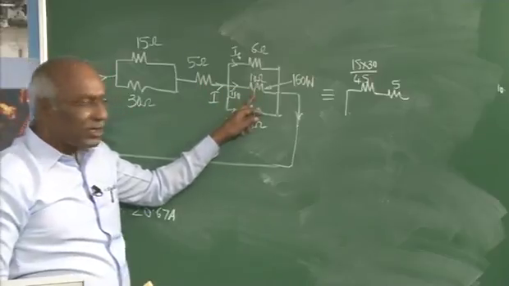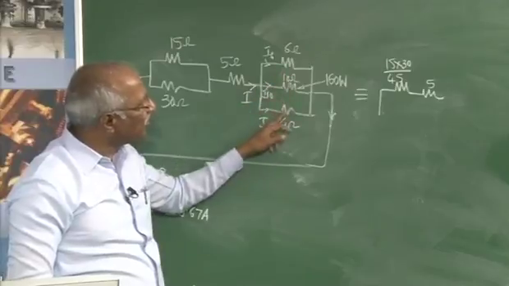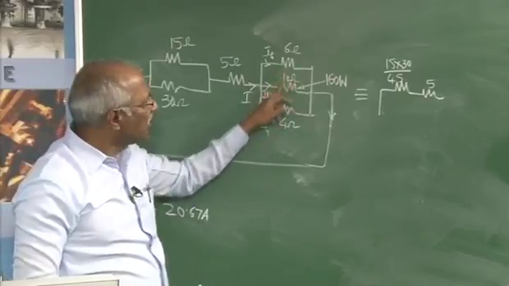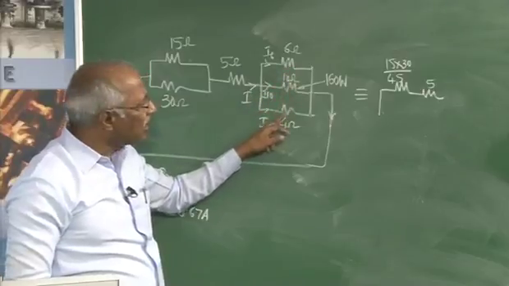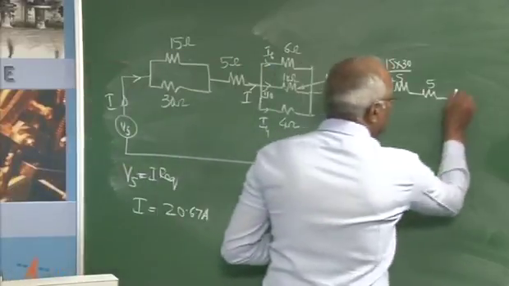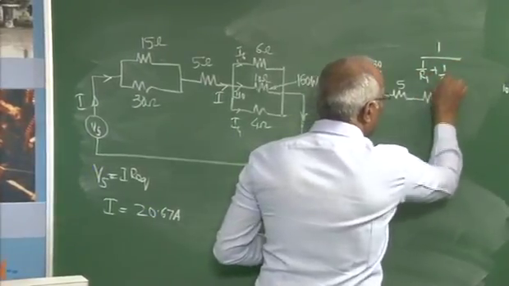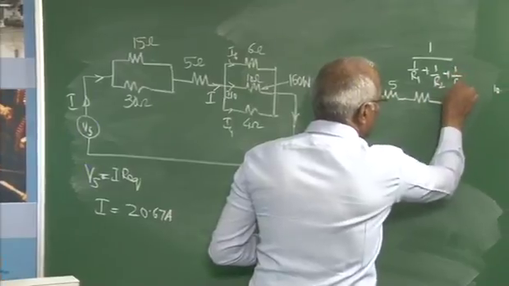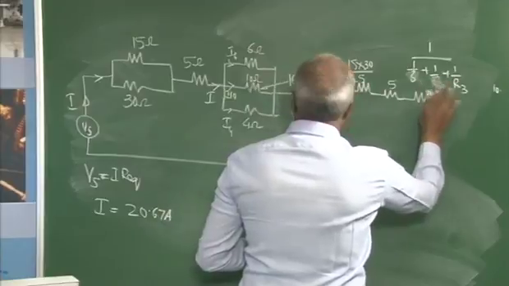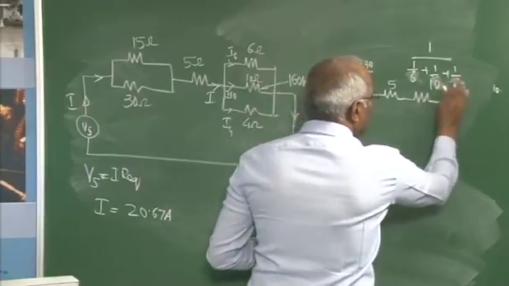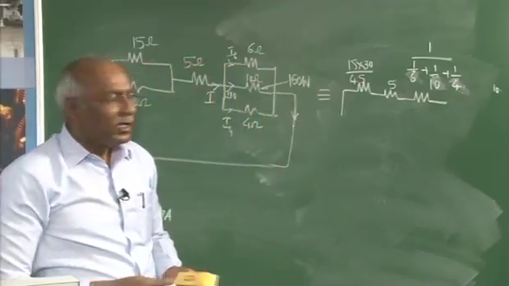When it comes to this one, the total value can be obtained in different possible ways. We can find out what's the total resistance of these two and then these two. On the other hand, we can go for this also, 1 over 1 by R1 plus 1 by R2 plus 1 by R3. In the sense, this will be 1 by 6, this will be 1 by 10, and this will be 4. That gives you the total resistance. If you simplify this,